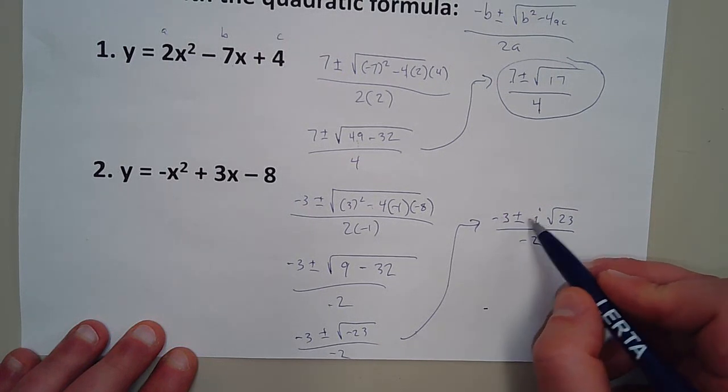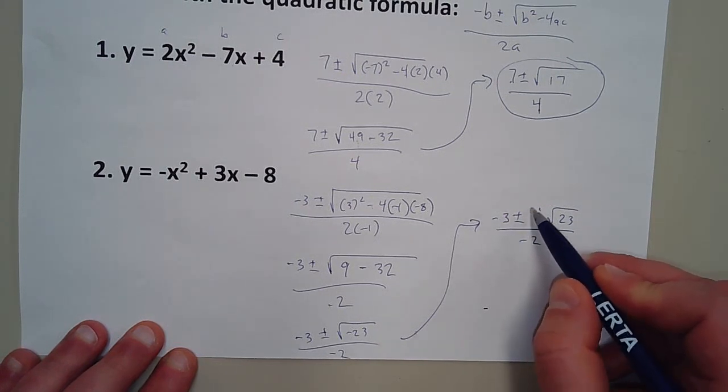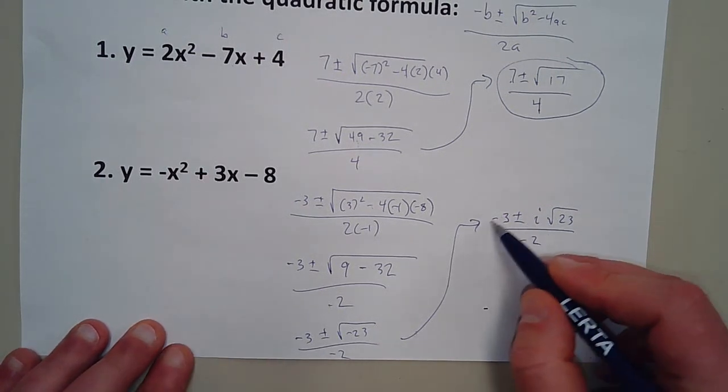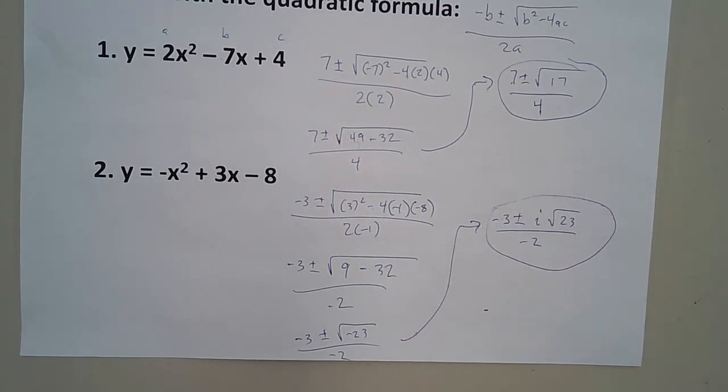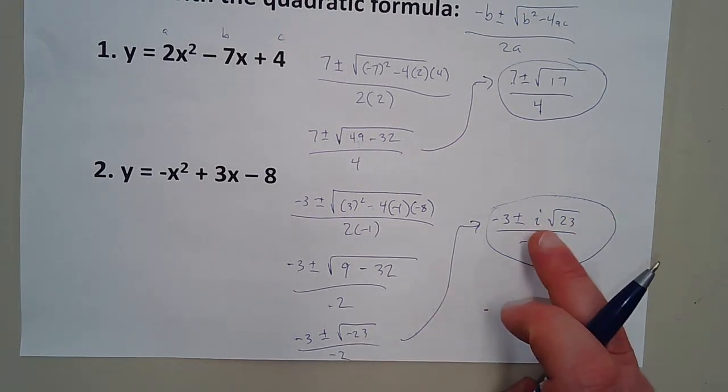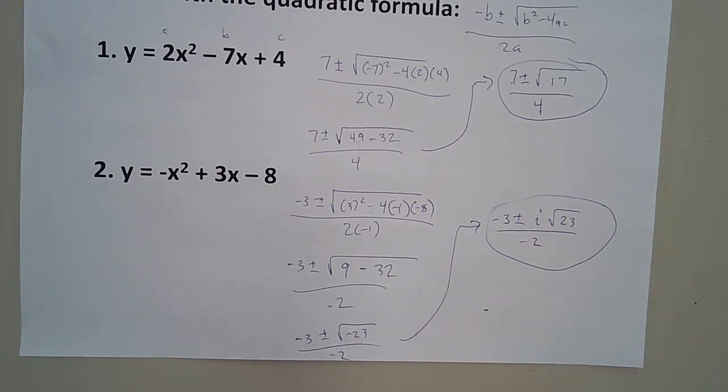And once again, the negative 3 and the 1 that are here don't divide evenly by the negative 2, so we're just going to leave it as that. So I did 2 examples here where we don't have any simplifying of the root. Okay, other than, in this case, we were able to pull the negative out as an i, which we definitely want to do. Now, the other scenario here that you want to be on the lookout for is, let's just